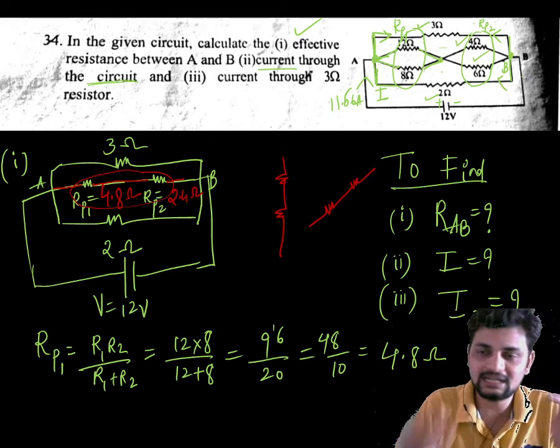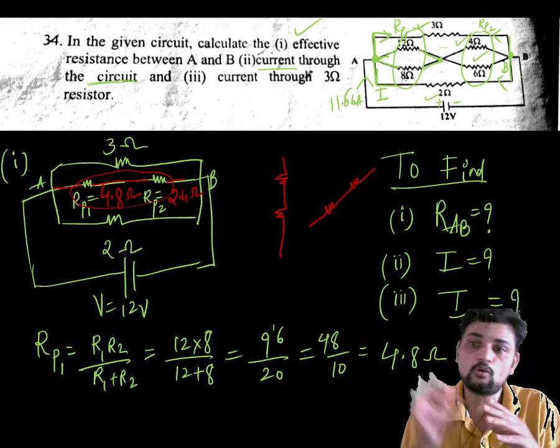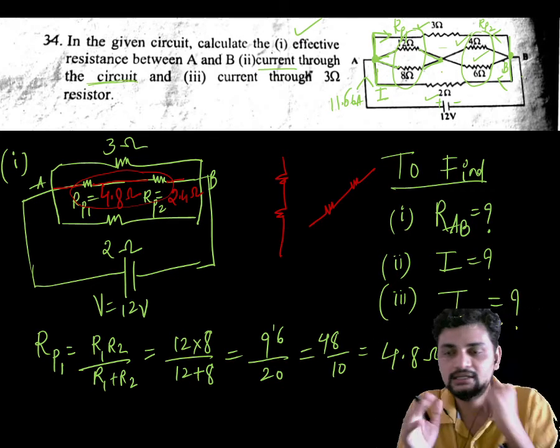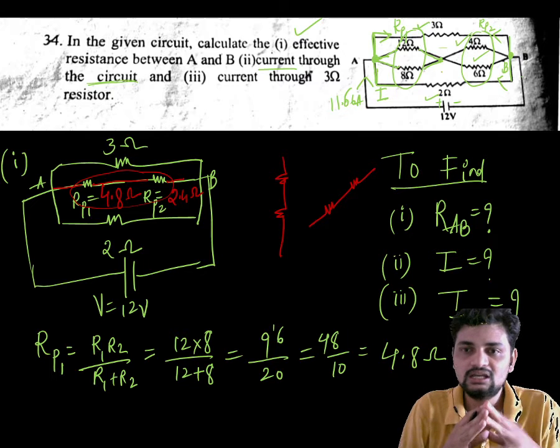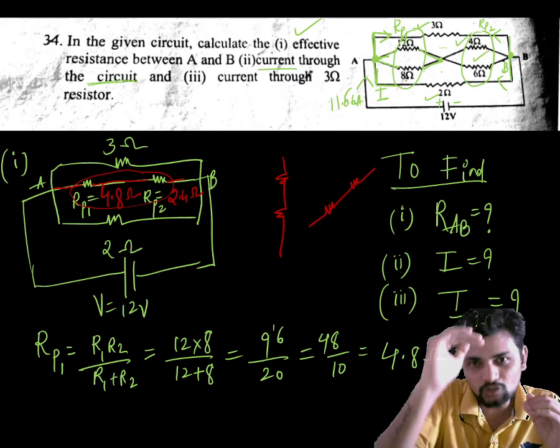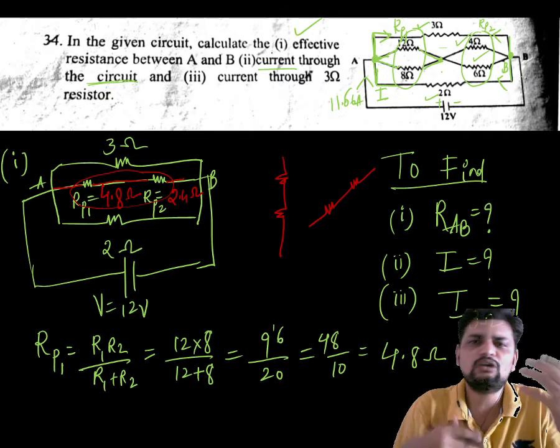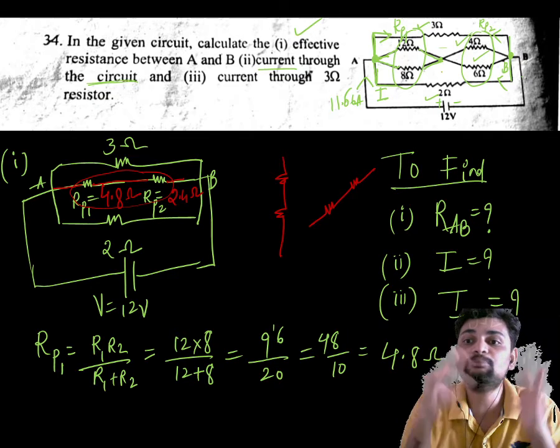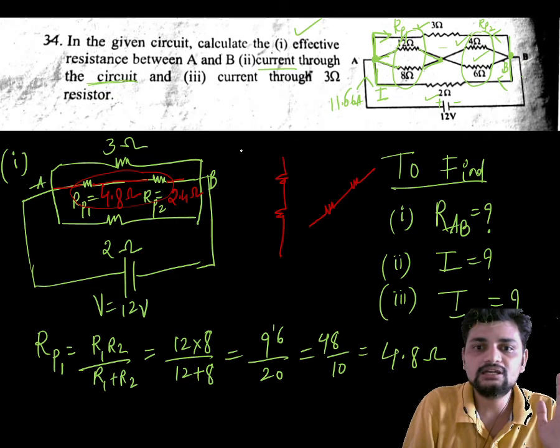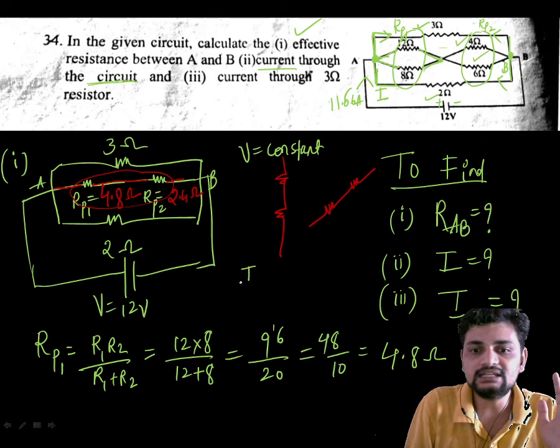So we know that current is inversely proportional to resistance, provided potential is constant. Obviously in the circuit potential is constant, because the same battery is used even though I am reducing the circuit. Every now and then after the calculation I am not replacing the battery. So obviously we are keeping the potential constant, so current is inversely proportional to resistance.